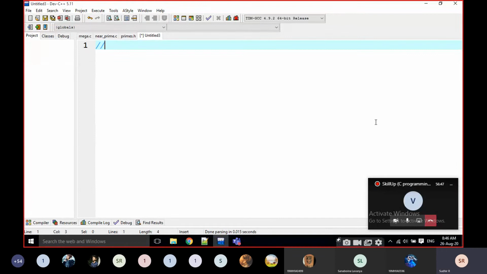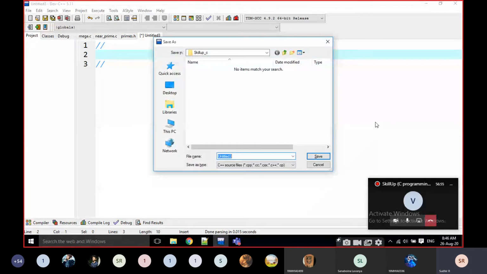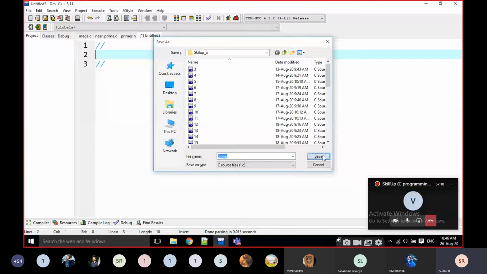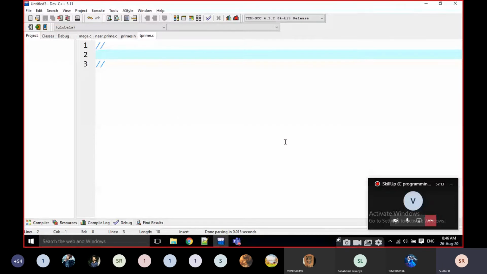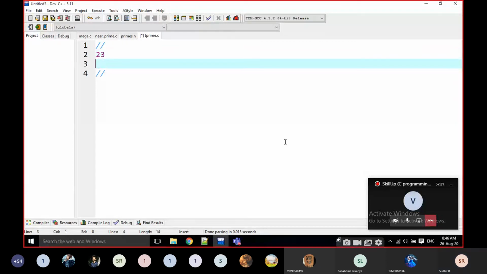What is twisted prime? For example, one number is prime. If it is prime only; if it is not prime, that's it, nothing else.